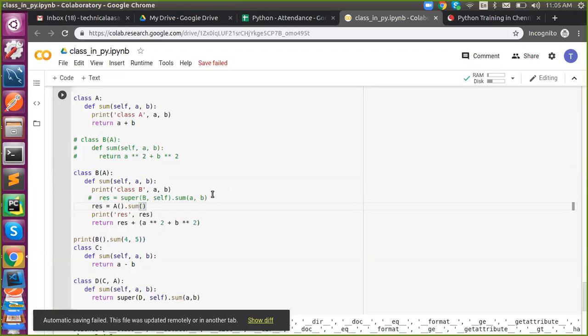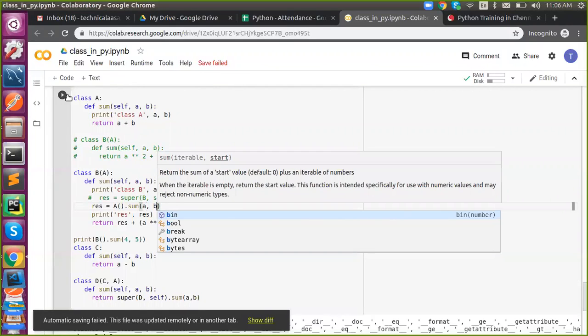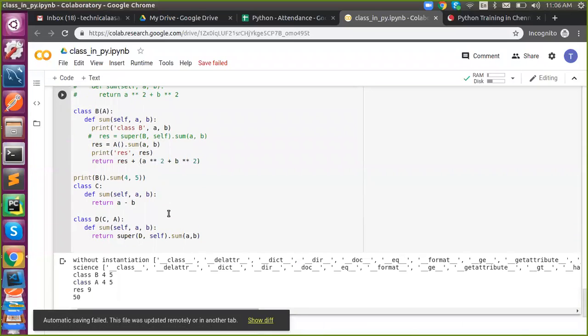Sorry. Yeah, please. Now you will get it because you are actually instantiating a class inside, right? So it will work. What happened? You will get the results. The sum will be this one. Sorry, actually you have to pass A comma B. Got it?